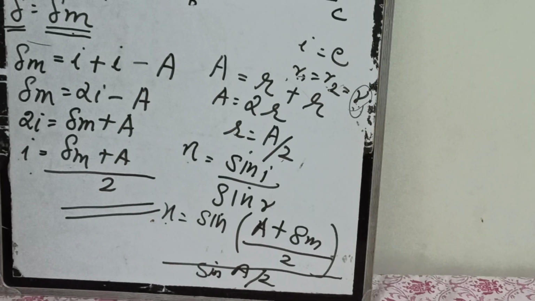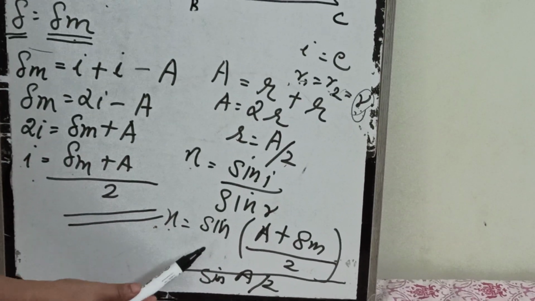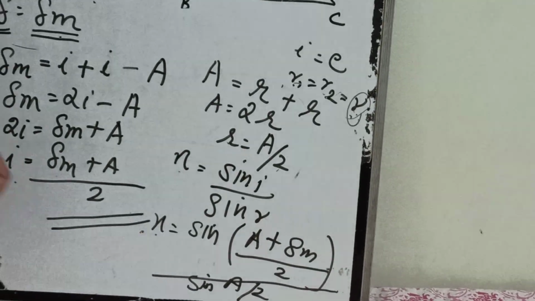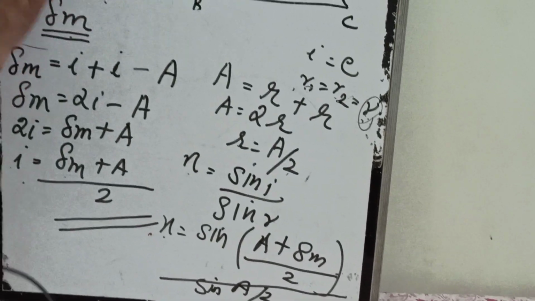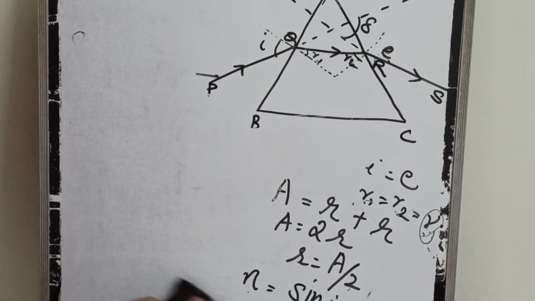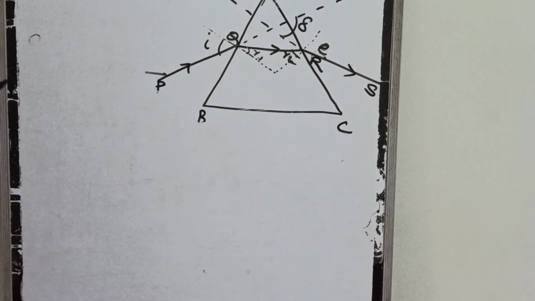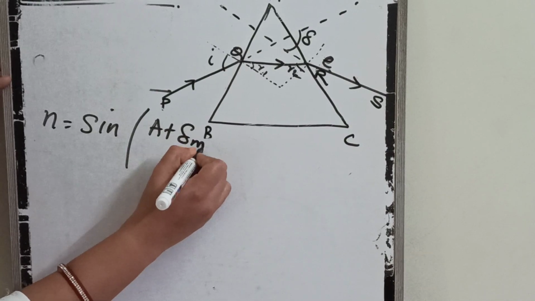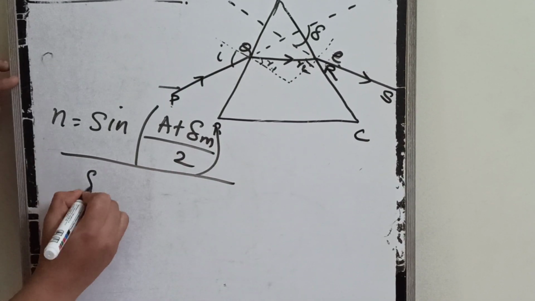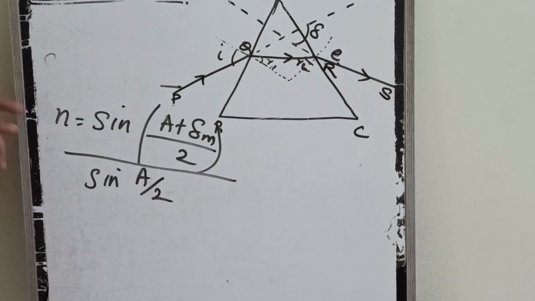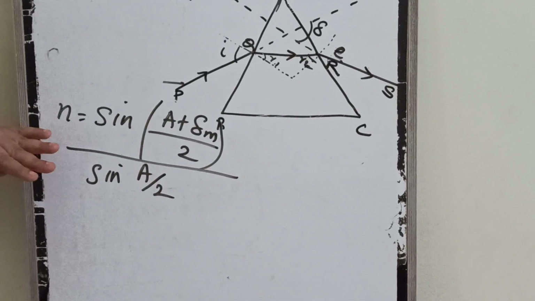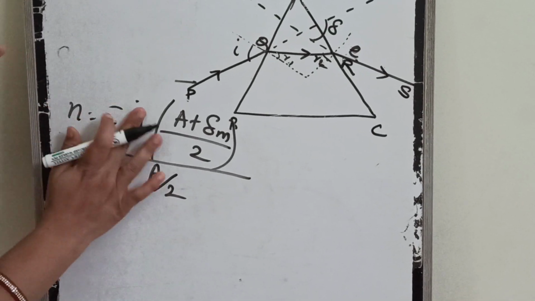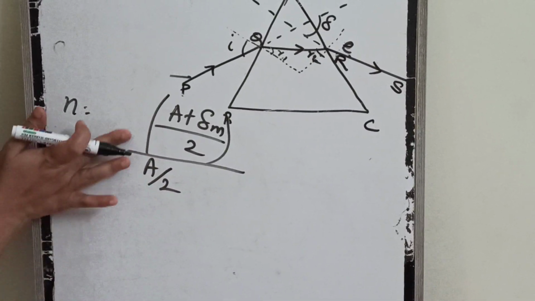Now from the prism formula, if you are asked to find the value of refractive index or value of minimum deviation for a small angled prism, how will you find that? That is n equal to sin((A plus delta m) by 2) by sin(A by 2). This is the equation we got now. Now if it is a small angled prism, you can neglect the sine, isn't it? So this equation will change like this.